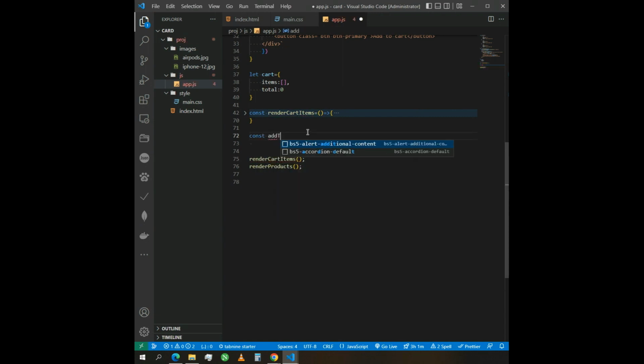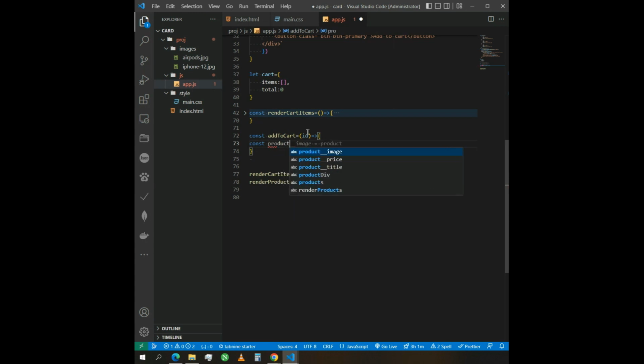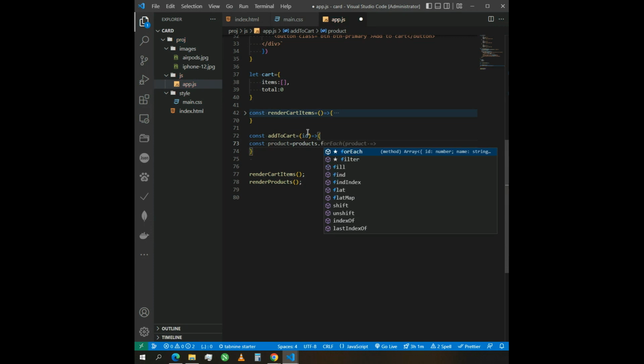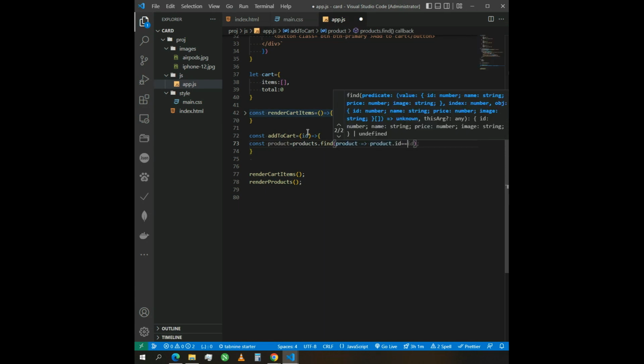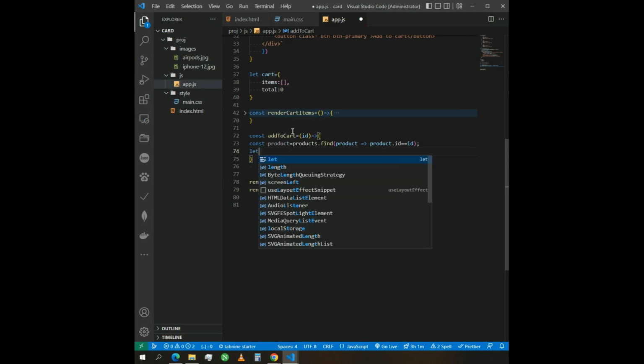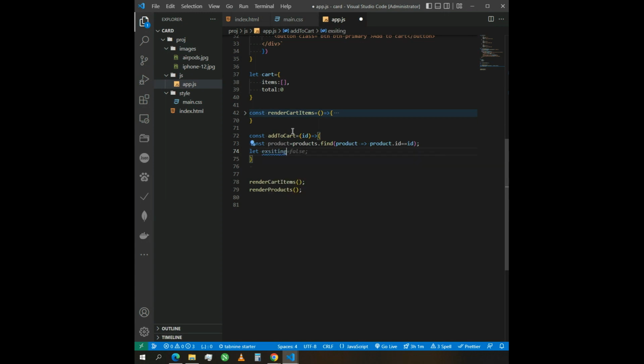So const add to cart, and so we have id and const product is product dot find product.id equal to id, and so we have product, and so create let existing product in the cart existing and false, and let new cart